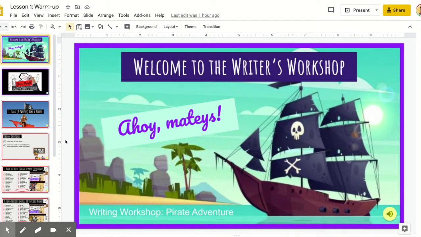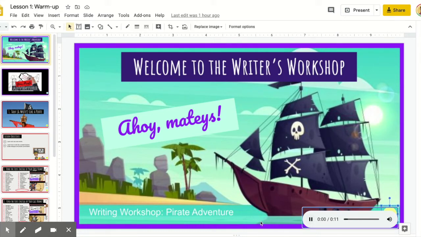You may notice this speaker in the lower right corner of the page, and when you click on it, the player control will pop open, and when you click on that,